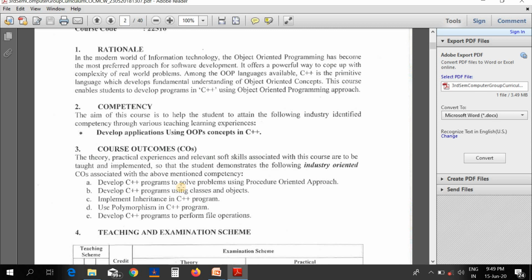A computer system stores programs and data in secondary storage in the form of files. A file is a collection of related information. A file is a sequence of bits, bytes, lines or records whose meaning is defined by its creator and user.